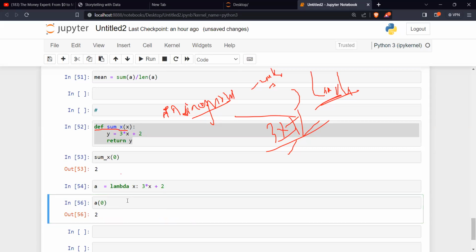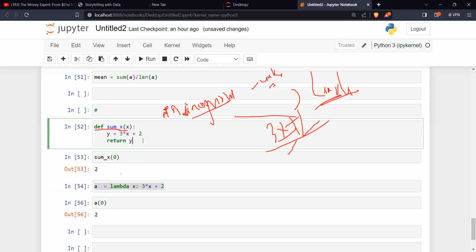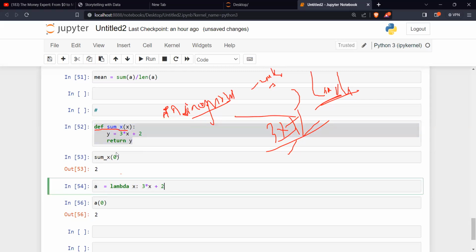Exactly what I have done here is the same thing I'm doing here. There are certain times where I don't want to start creating a function. I want to write a function, but I just want one line of code to do that same task. In that case, sometimes you need to use a lambda function because you want to embed it inside another code. So instead of writing this to make it longer, I can just use a lambda function to do the same thing. Do you understand this?